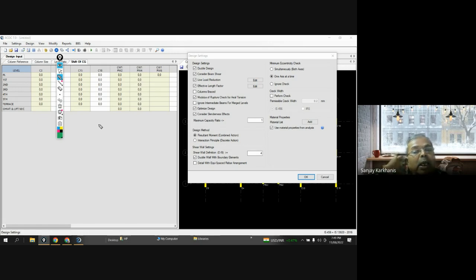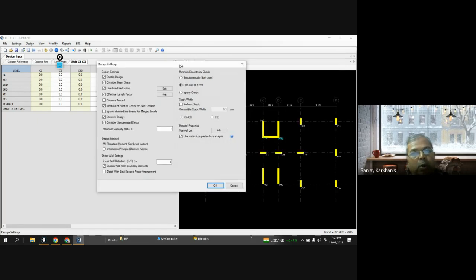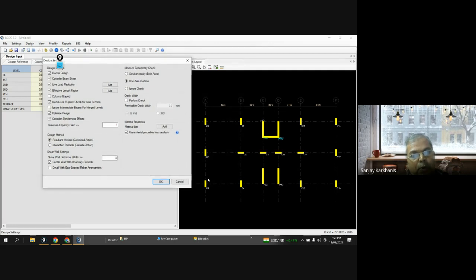So in design it is considered unbraced, and that is based on whatever model that you have developed. So if you see that you don't have a beam over here or somewhere,